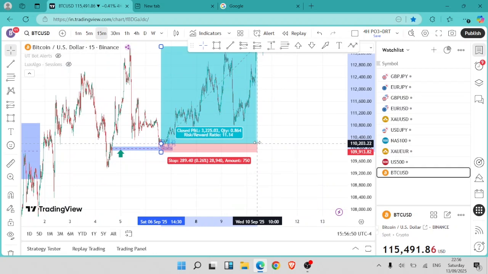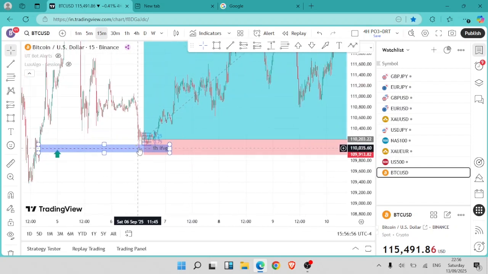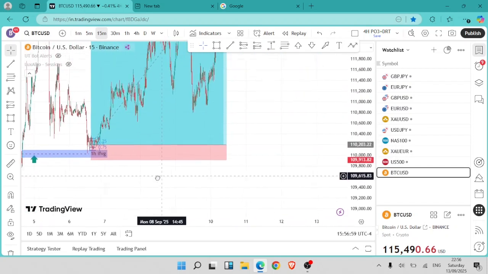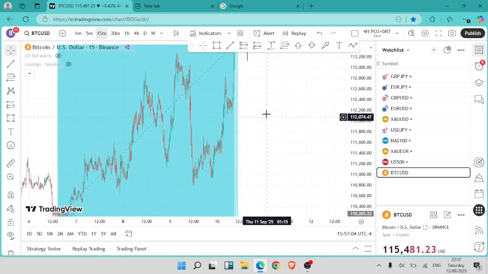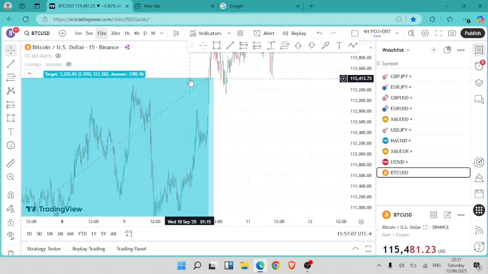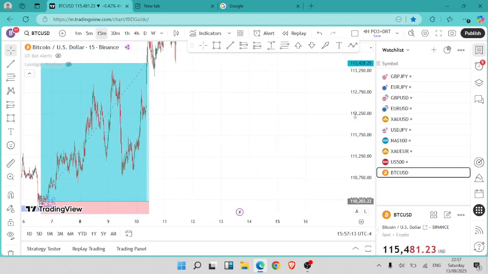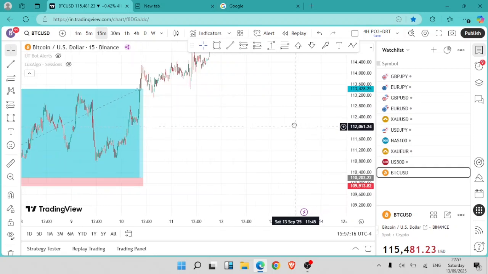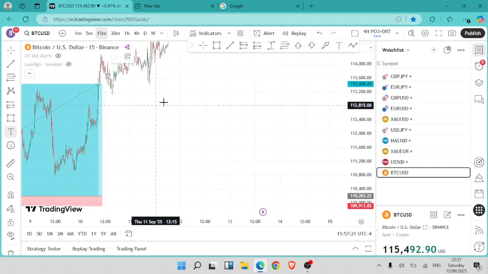So taking this buy on Saturday at 1400 hours, on Wednesday at around 8:30 a.m. you had price hitting your take profit, and that is how you can utilize this model to trade Bitcoin. I didn't know actually you can trade Bitcoin, but you can see it does. So what we are doing here is we are looking for the daily time frame